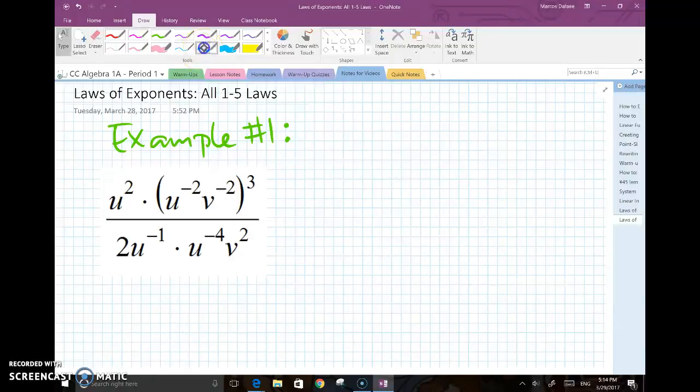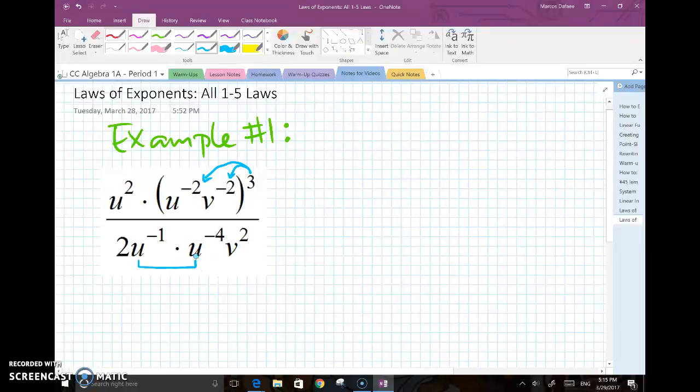So I note, first of all, I have a power of 3 that's covering this huge term right here. But that huge term inside the parentheses, that whole thing counts as a base for my power of 3. Now, according to law number 5, which is called power to power, this exponent of 3 is going to multiply. Just like the distributive property, it's going to multiply to the other powers on the inside. Okay? In the denominator,